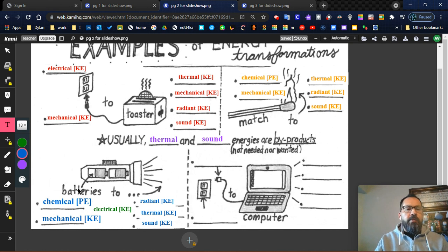So we start off with the chemical energy in the battery. We flip the switch to get it going. That produces the electrical energy, which in turn causes the light to happen, starts getting hot, and sometimes it'll make a sound. So you get that little click when you get the flashlight going. Okay? So we have one more to do together right here on this page,